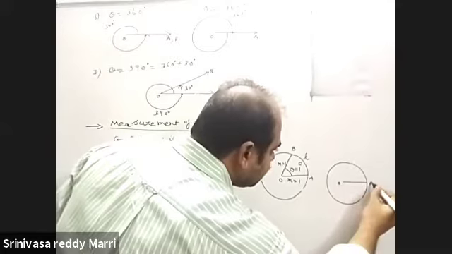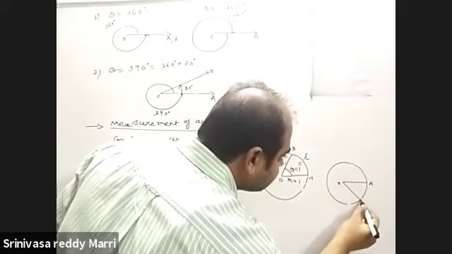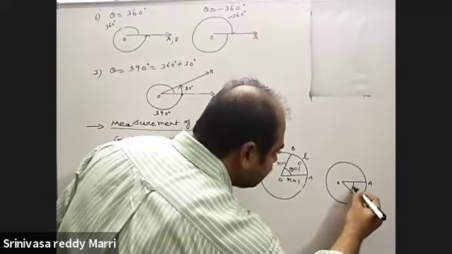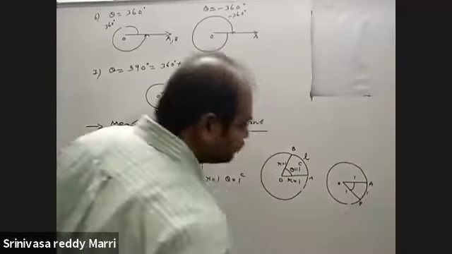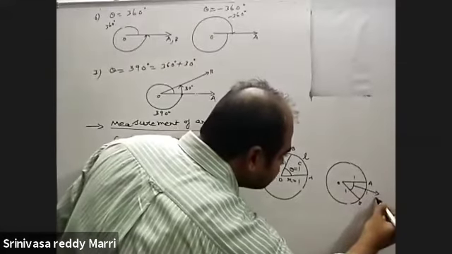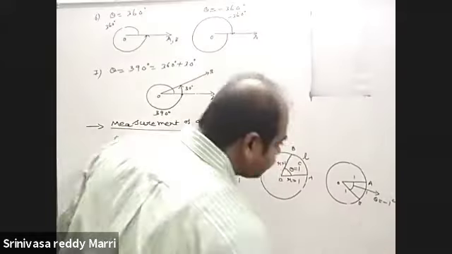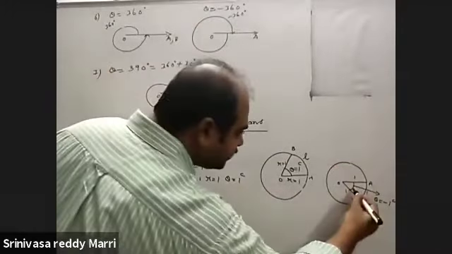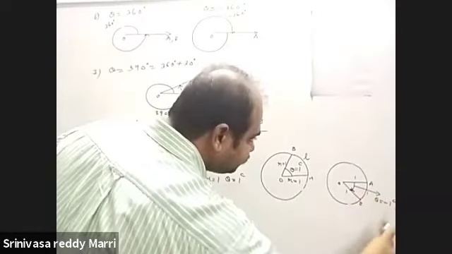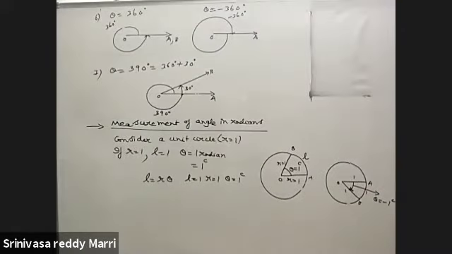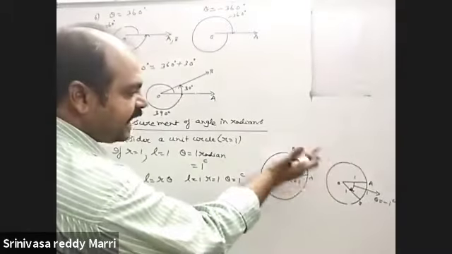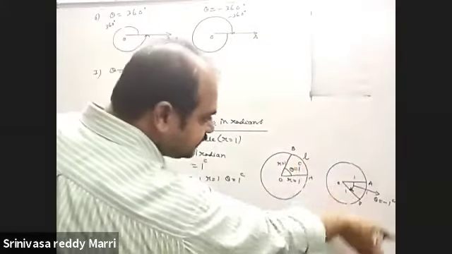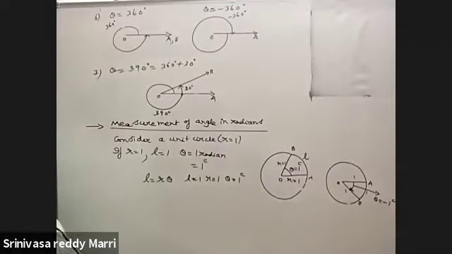This is the initial ray, and let us say we have drawn it like this. So OB. Now this angle, let us say this is 1, this is 1. Now we will say that this angle is nothing but minus 1 radian. Look at it, R is 1 and L is 1, so theta you will get 1 only. But as we are measuring in the clockwise direction, we will say minus 1 radian. Just like degrees, if you measure in the anti-clockwise direction, we will say 1 radian, a positive angle. If you measure in the clockwise direction, we will say minus 1 radian.